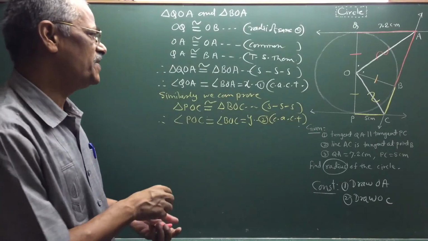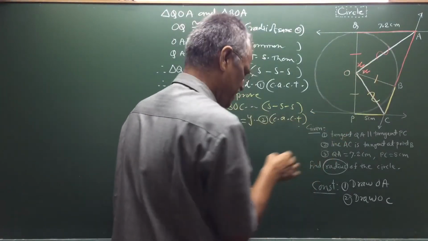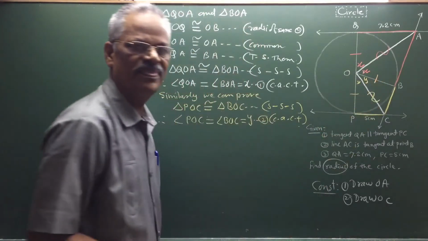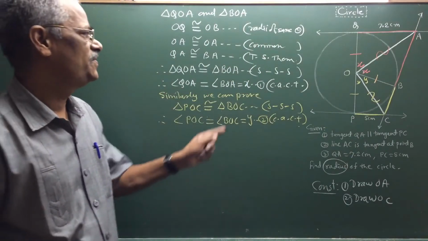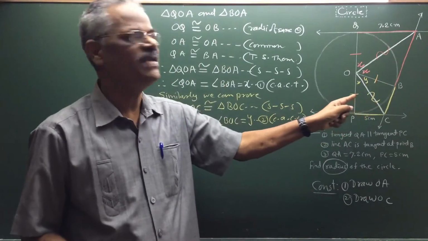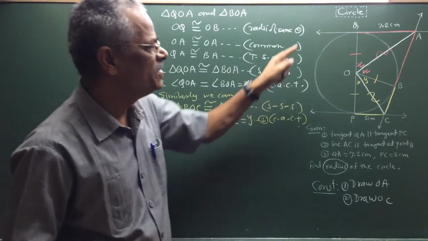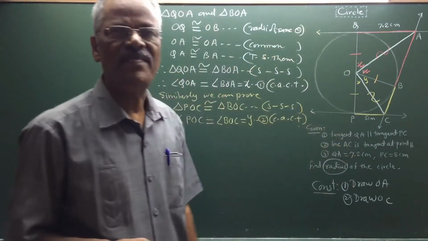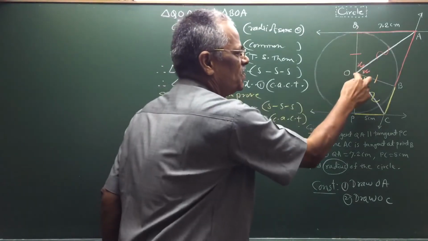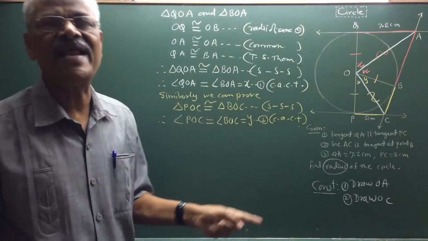So what is proved here? We are proving that if this is x, this is again x, and if the measure of this angle is y, here it is y. Up to this, we are taking two triangles congruent, and corresponding angles are congruent. After that, very important, you know that PQ is diameter. So on this side QOB and BOP, two linear angles are there.